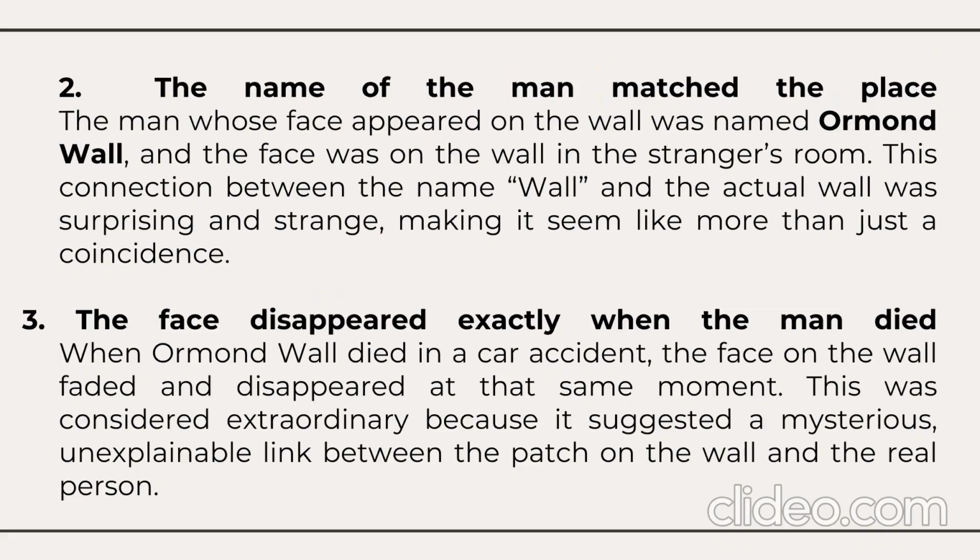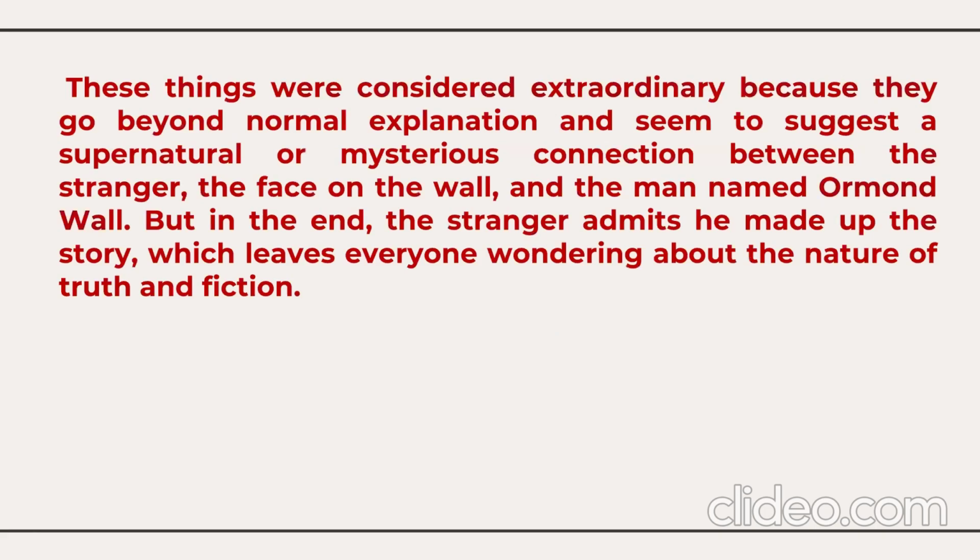Third, the face disappeared exactly when the man died. When Ormond Wall died in a car accident, the face on the wall faded and disappeared at the same moment. So, this was considered extraordinary because it suggested a mysterious, unexplainable link between the patch on the wall and the real person. So these things were considered extraordinary because they go beyond normal explanation and seem to suggest a supernatural